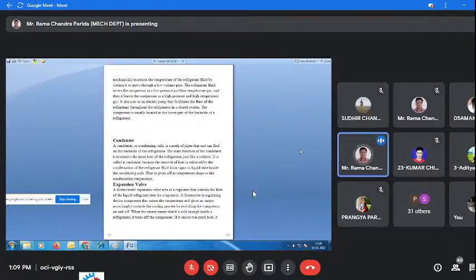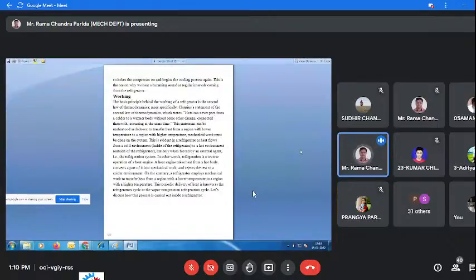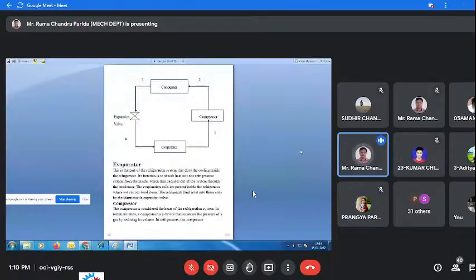Okay, so based on refrigeration systems, basically there are air refrigeration systems, vapor compression refrigeration systems, and vapor absorption refrigeration systems, but this diagram is of the vapor compression refrigeration system. Okay,